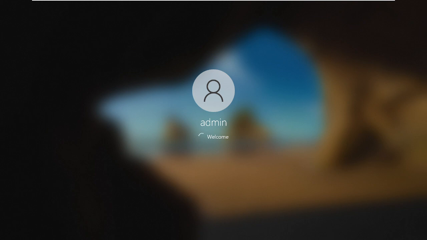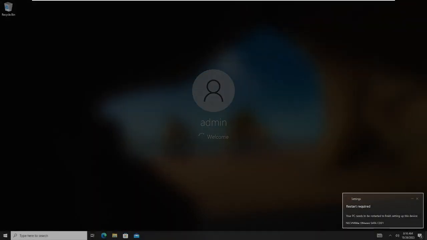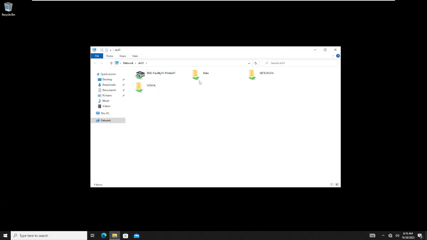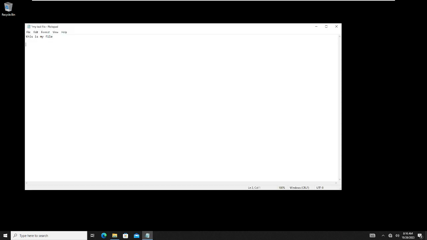So once you log in, if you try to access the folder by going to run and typing \\dc01, because dc01 is your file server, you see the folder now. You just type dc01, hit enter, and you see the file data, and you see the admin folder, and you can even see my folder, my test file. And let me try to add, this is my second line. Okay, if you try to save it now,